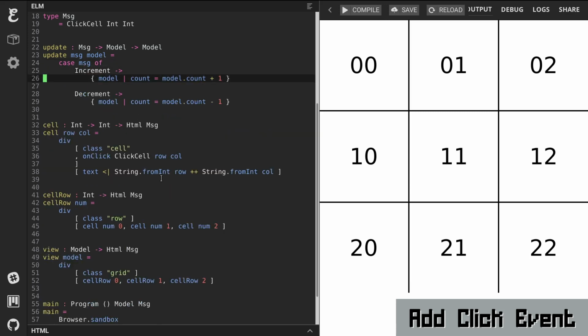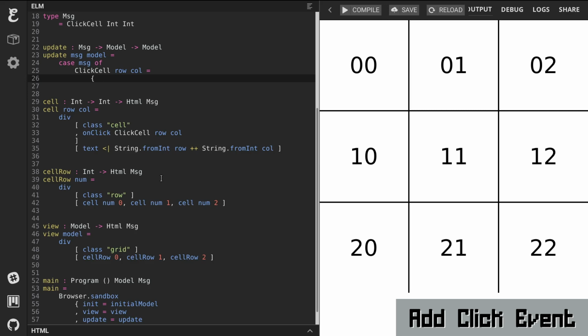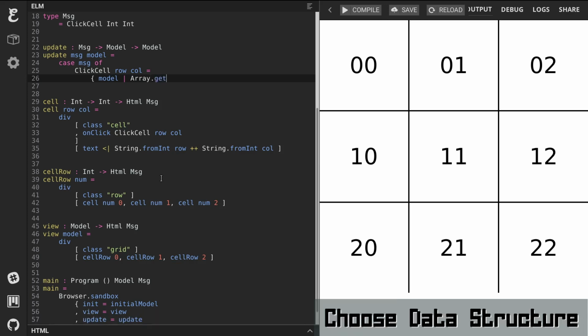oh, I always forget this thing here. Just the model. Yeah. We're just going to update the model here. So we've got model, and then we're going to say, let's just store what we've clicked for now, and then we'll just show it. Because eventually we're going to have a list of cells, and we're going to update those cells. So it's going to be something like array.get